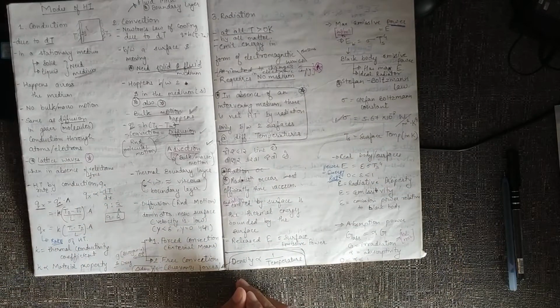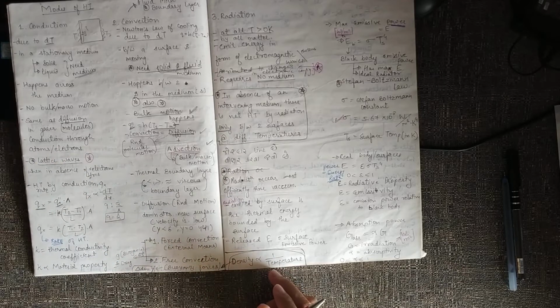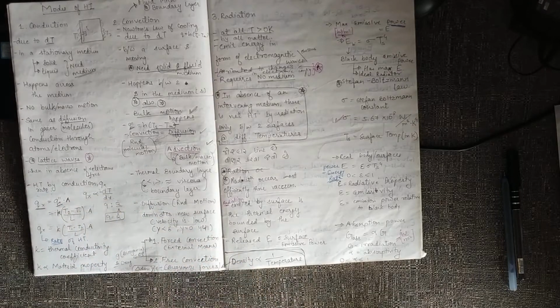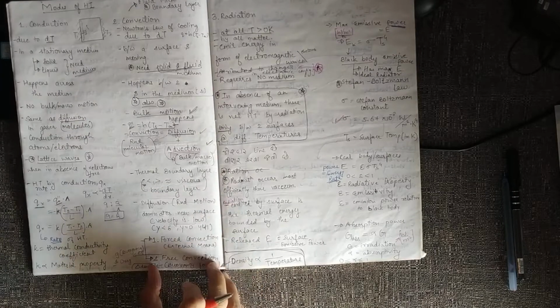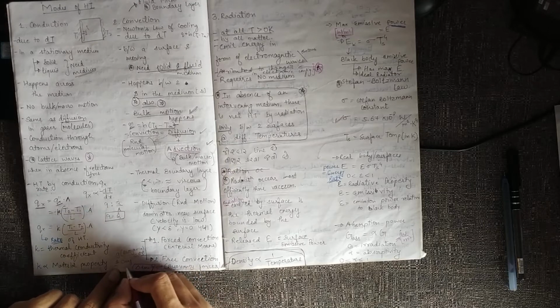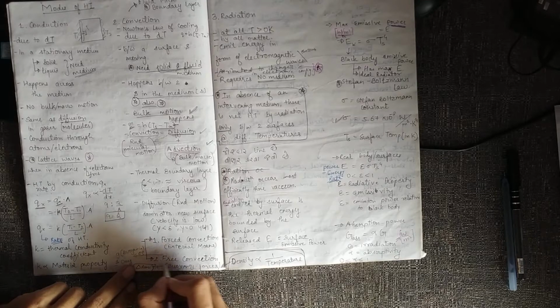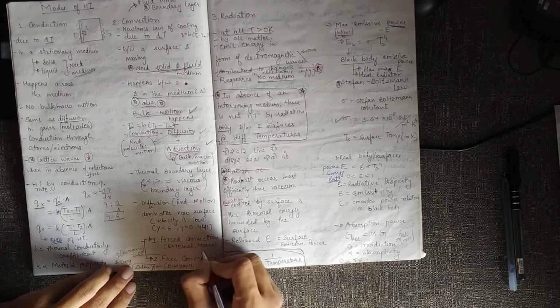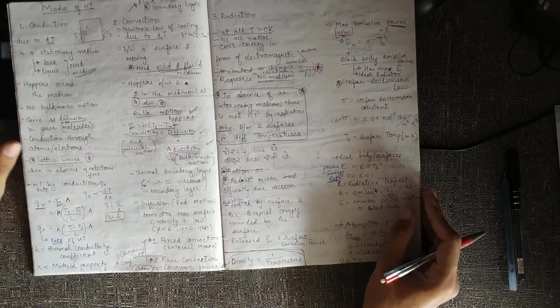Free convection is defined using Prandtl number, and forced convection is defined using Reynolds number. Both numbers are also defined for the free convection part, but the ratio of force due to buoyancy divided by the drag force or the viscous force defines the extent of free convection, and the ratio of inertia force to the viscous force defines the extent of forced convection.